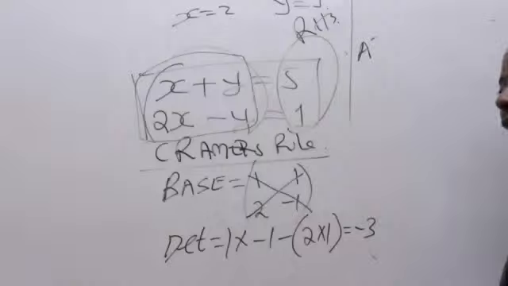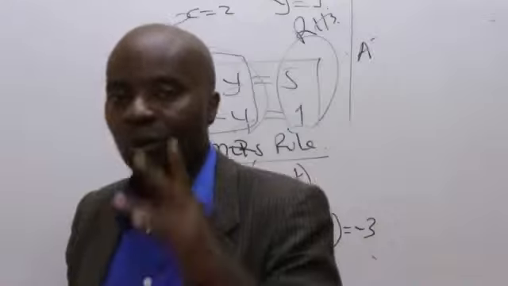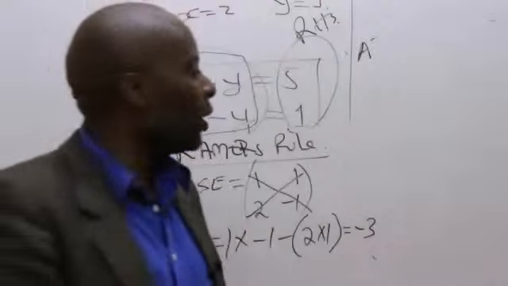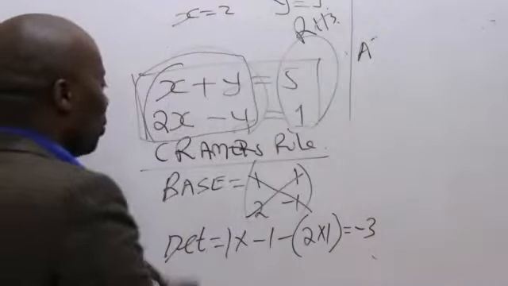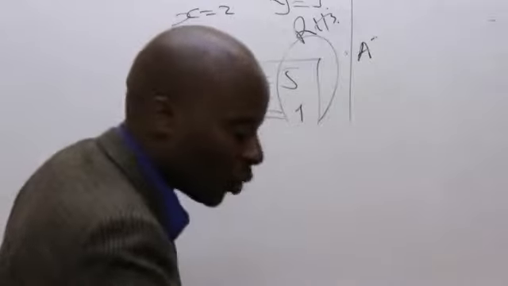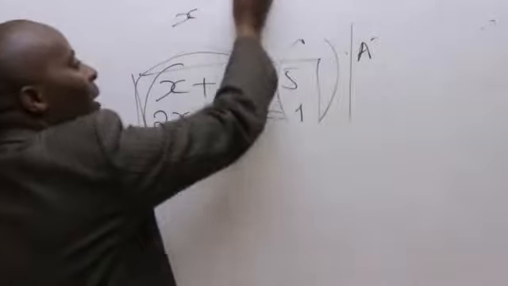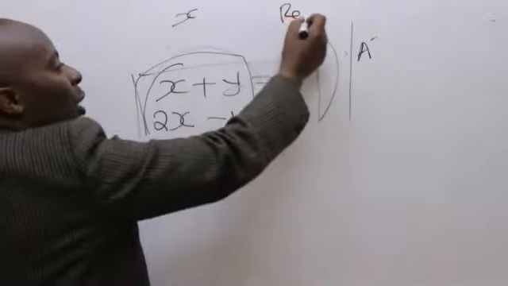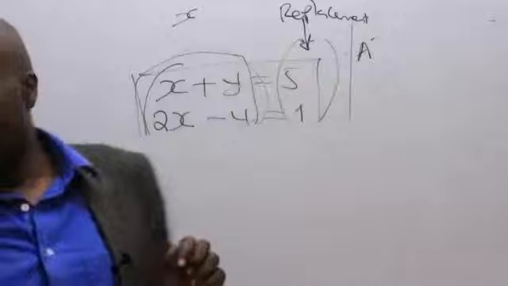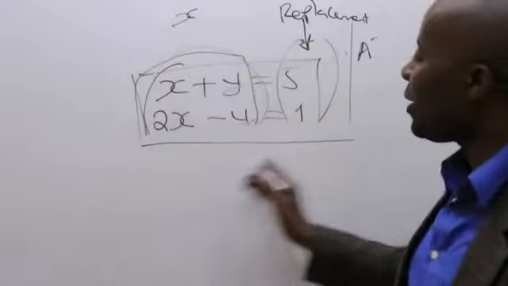Now, ladies and gentlemen, having gotten the determinant, how do I make use of the Cramer's column rule? Very easy. The Cramer's column rule is quite an easy thing to be done. Ladies and gentlemen, remember that under Cramer's, this column has a special name called what? Replacement. This column has a special name called replacement,